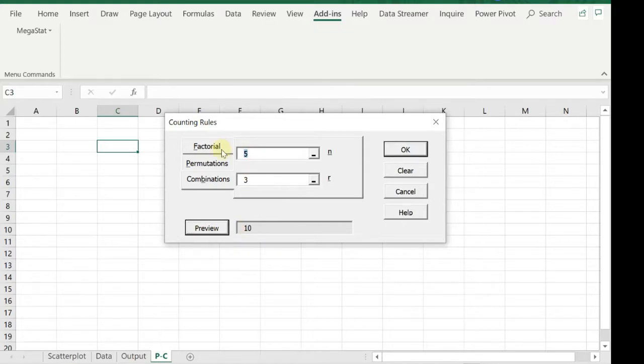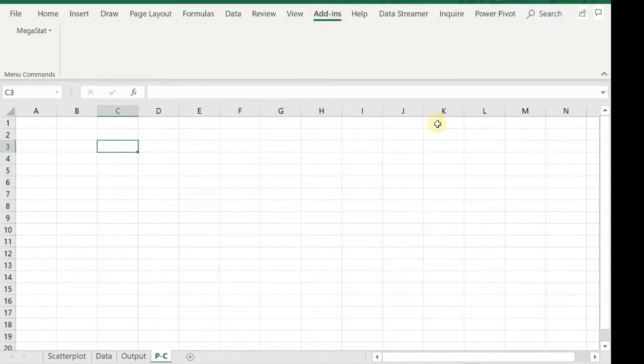And let's do 8 combination, choose 5. Here is 8 and this is 5. Remember that was our math textbook example. We want to choose 5 math books from 8 textbooks. There are 56 ways to do that. So let's say you have 50 students. You want to choose 5 to send to a field trip. That's over 2 million ways of doing that. So there you go. This is pretty simple. That's how it's done in Megastat.